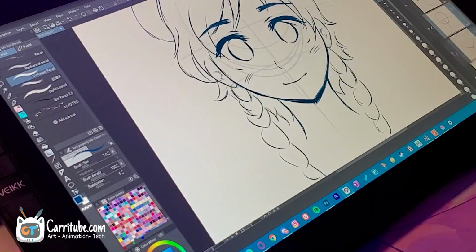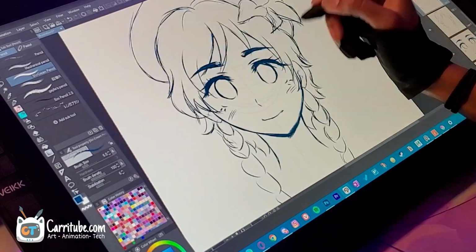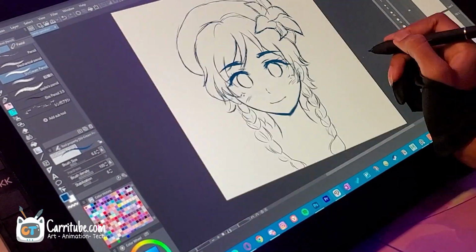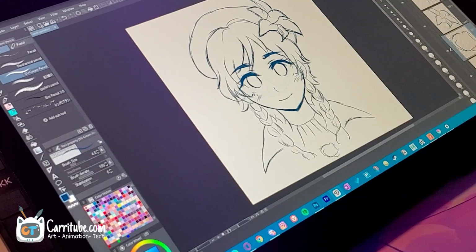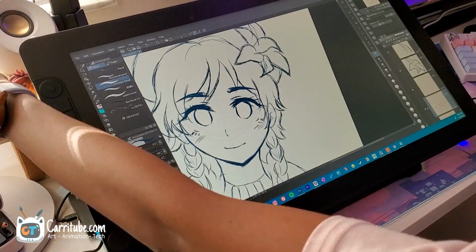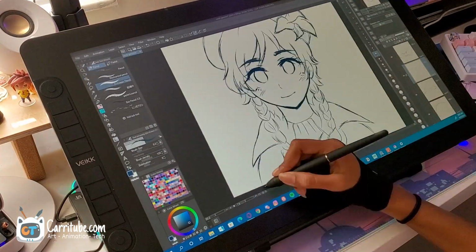After I set this up and the pen pressure settings in different apps, I didn't run into that problem ever again. I've drawn so many drawings on this. I'm always sharing them on my other social medias. I've just been behind on the YouTube video, and this is a Genshin fan art, and I used a symmetry ruler, and I had a lot of fun with this, and I didn't run into any problems with this drawing